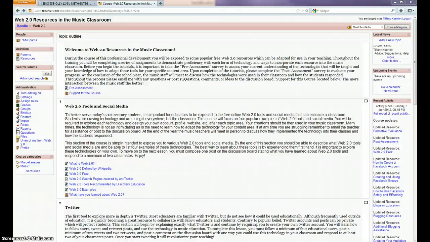It's designed to be a one-year-long professional development course in which they begin this section anywhere from August to about November. They begin implementing these technologies in their classroom from November until the end of the year. At the end of the year, they will meet on the teacher workday and discuss how they use these tools in their classroom, the response of the teachers, the response of the students, and then also the parents.